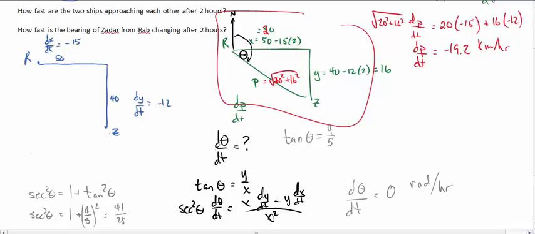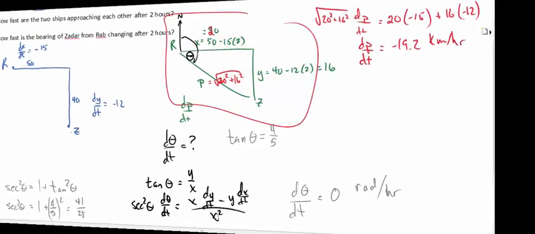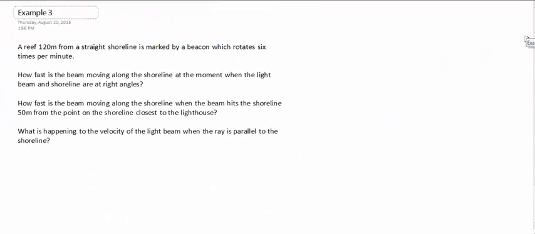All right, one last example. It's a multi-part problem. We have a reef, a coral reef, 120 meters from a straight shoreline that's marked by a beacon. So shoreline I'll do in green, and out here on the reef we have this beacon, and it's 120 meters out,